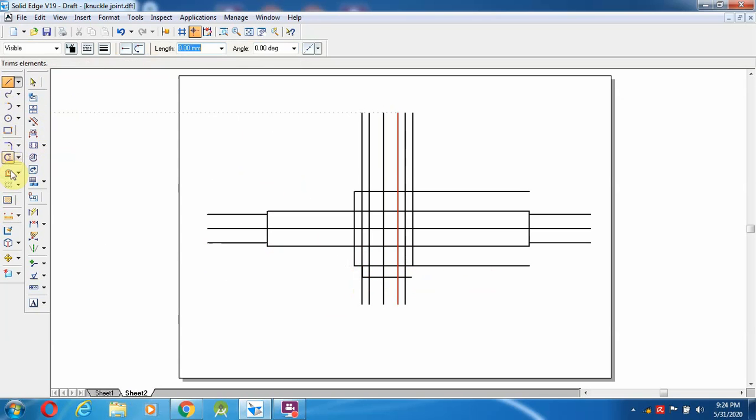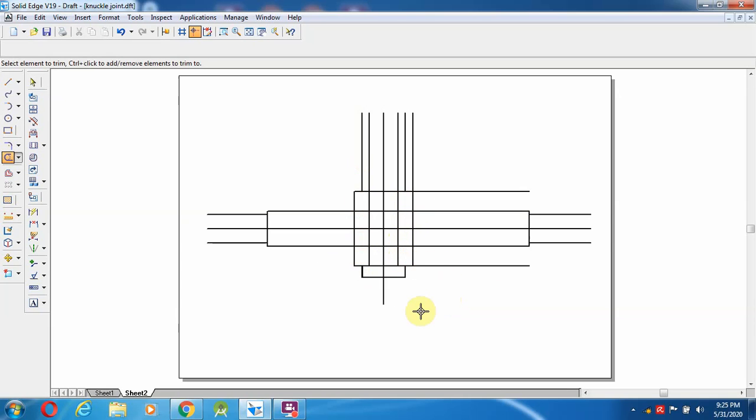So now use the trim option, these two lines, another two lines, even this line, the middle line I am going to delete. So the mid line has to be cleared over here. Even here this line we can keep up to those things, these are all the lines, they are not required as of now, so those lines I am going to trim. Okay, so somewhat the bottom and other things we have done.